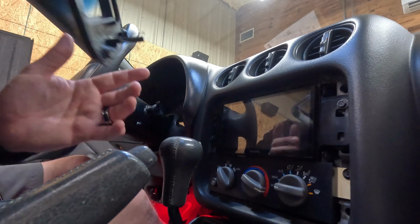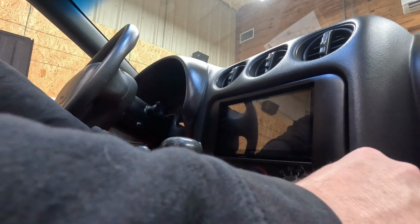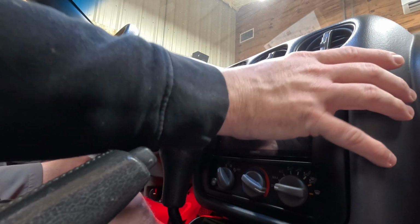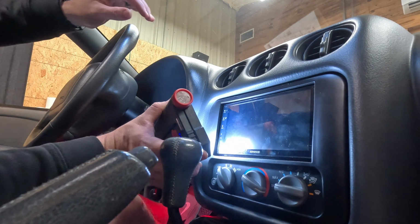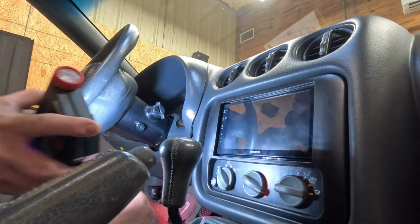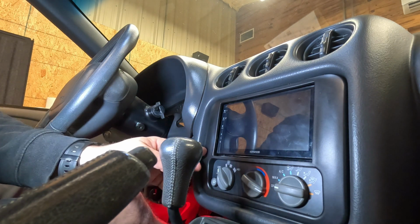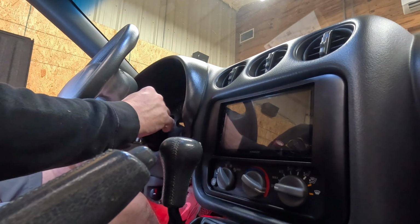Okay, from here, once you got all your screws tightened in, you'll take your new bezel and it's just gonna clip in like so. And you may have to do some minor adjusting. This one looks like it's fitting pretty good. We may tweak it just a little, and then we can take our key